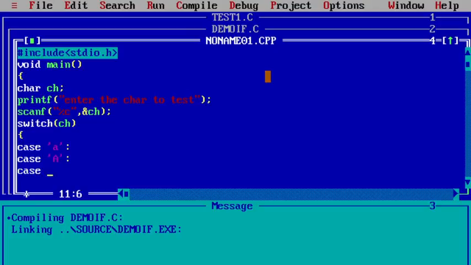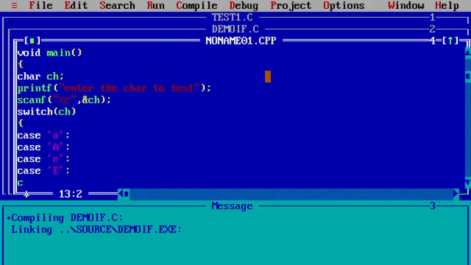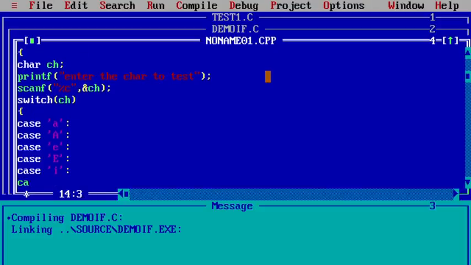Then case 'e', 'E', 'i', 'I', 'o', 'O', 'u', 'U', right? So each should be in single quotes because they are character constants. Case small 'e', case capital 'E', colon, then case 'i', then case capital 'I', if you have it you can match it.